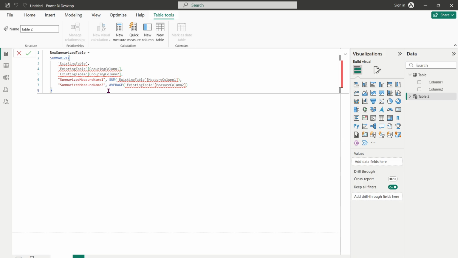You should now see your new summarized table appear in the Fields pane on the right side of Power BI. From here, you can drag and drop it into your report canvas, just like any other table. This table can be further visualized and analyzed to derive actionable insights that are specific to your analysis needs. Remember, the more you practice with DAX and other features in Power BI, the more proficient you'll become at efficiently summarizing data for insightful, data